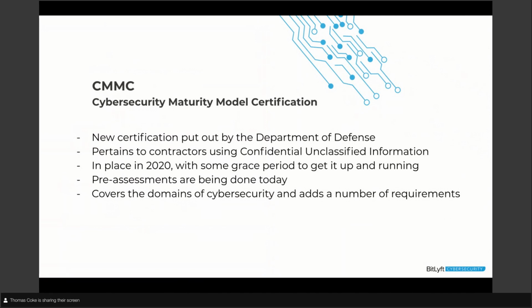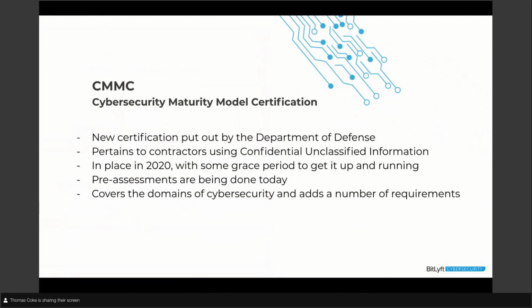So they put out this new certification. They announced it last year for launch this year. The launch hasn't been as smooth as possible. As you can imagine, anytime a new piece of legislation or new piece of ruling comes down, people have to take some time to adjust to it and figure it out. And a lot of defense contractors said, whoa, this is a lot. You're adding a bunch of things to our requirements, so we want to make sure that we do it right.